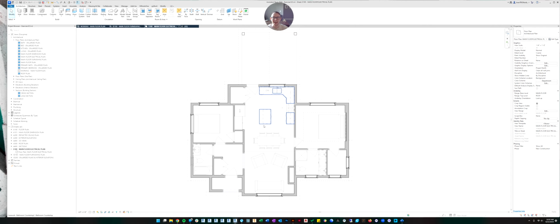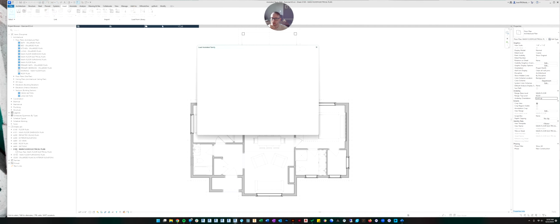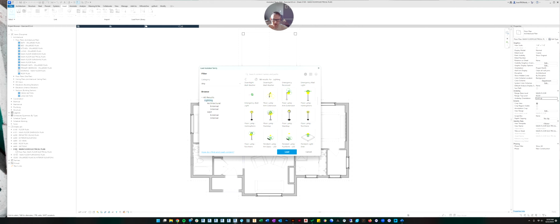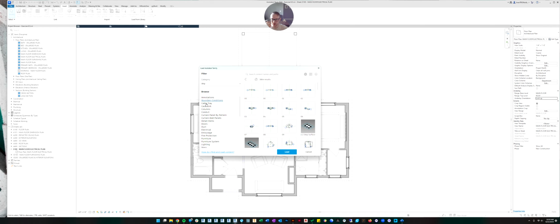So we first need to have those families loaded in. So we got to go out and find those. The best place to do that is your Insert tab and the Load Autodesk family. So that'll take us online to the Autodesk library. And you can try to come look over here at lighting and then try to sort out which light is what. My favorite thing to do is to just make sure you go back so that you're browsing everything, and then I just search. So we want outlets. So let's type in outlet and hit enter.